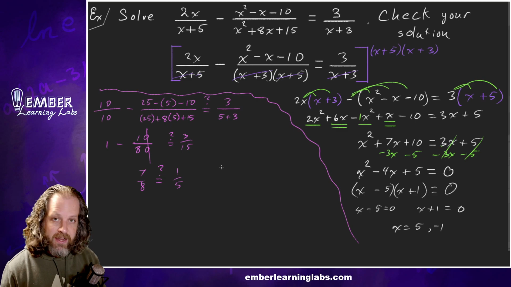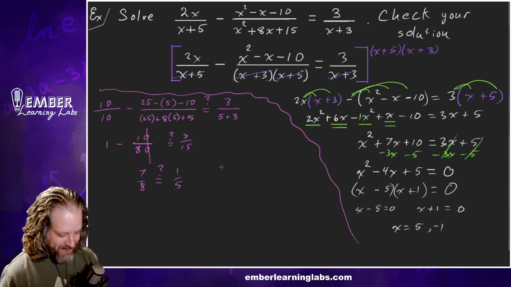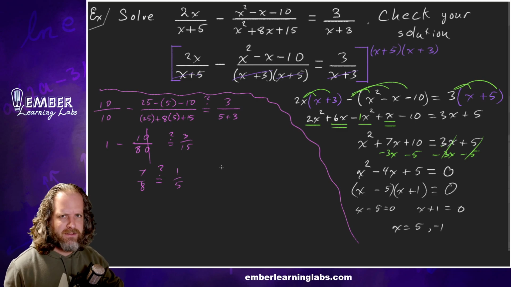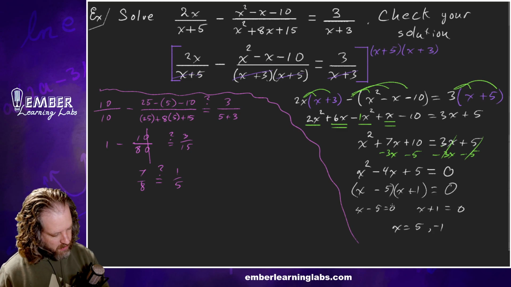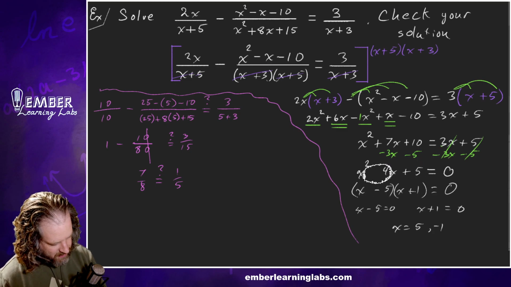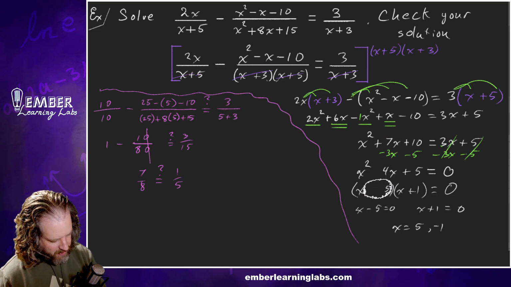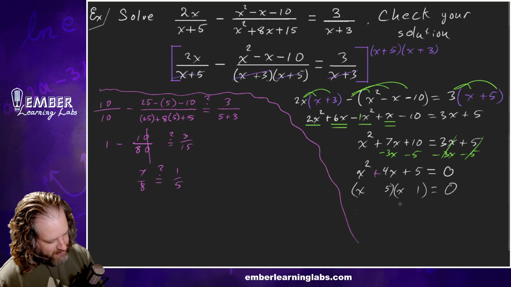I feel like I've made a mistake again. Let me see, because it shouldn't be that much off. Oh my gosh, y'all. This is the video from annoyingness. That should be a positive 4. I don't know what's happening. So if that's a positive 4, this should be a positive 5, and that should be a